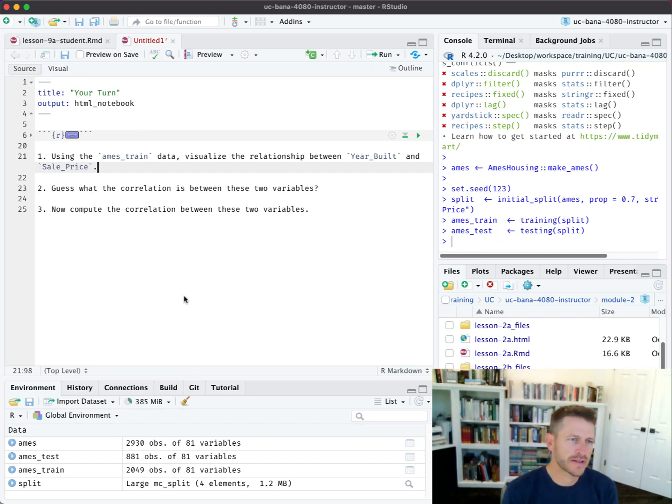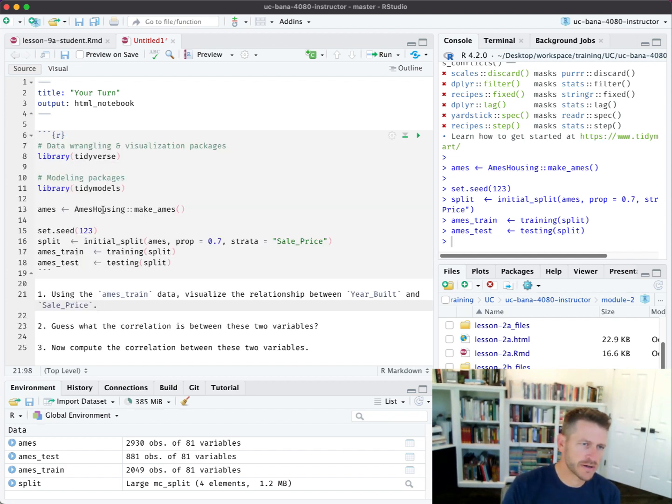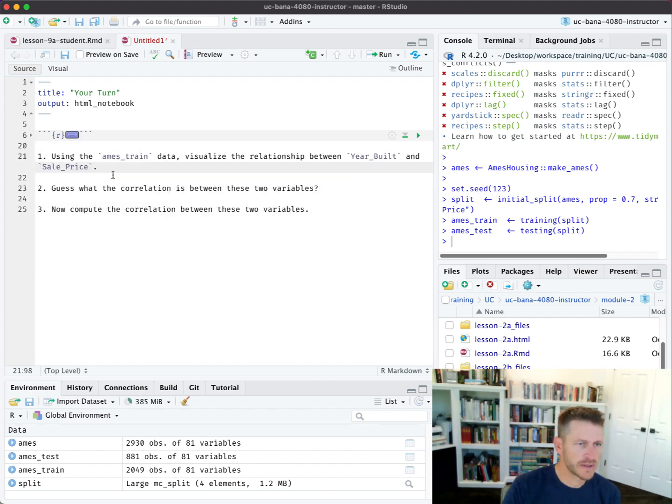All right, let's take a look at this your turn that's focused on correlation. So I've got some prerequisites here that are already loaded with our Ames data, as we saw in the lesson. And so there's three things I want to do here. Well, one, I want to go ahead and visually assess the relationship between sale price and a variable called year